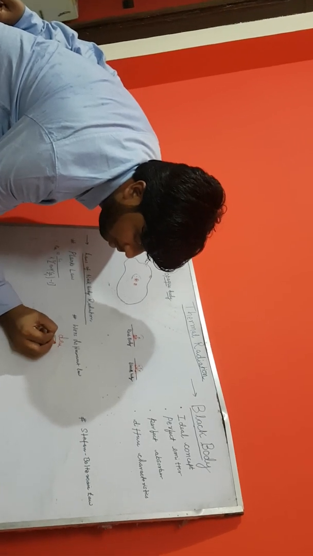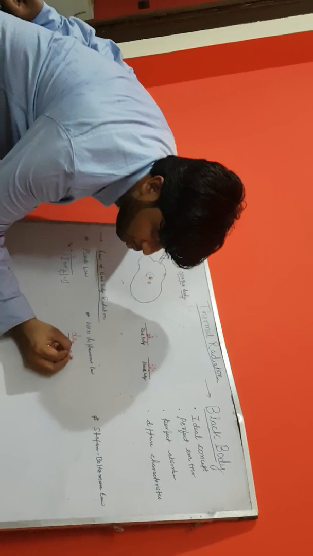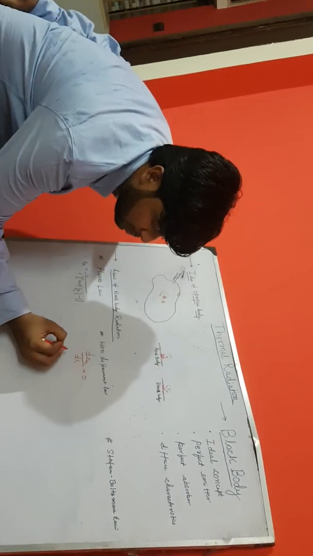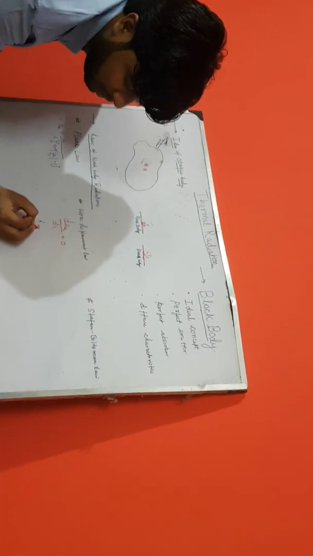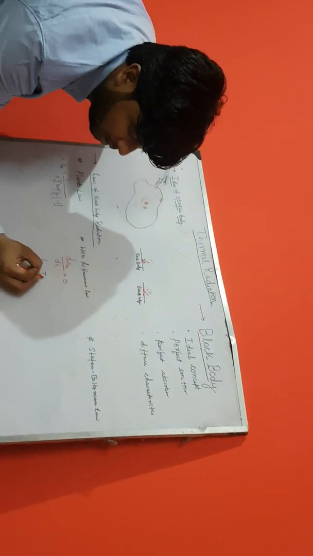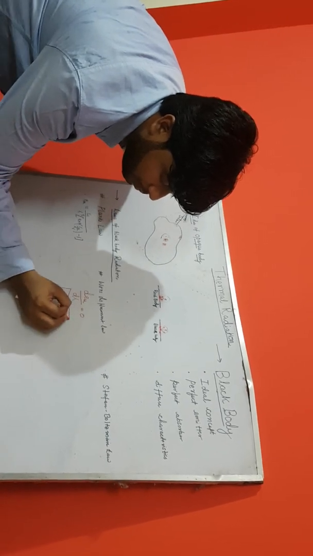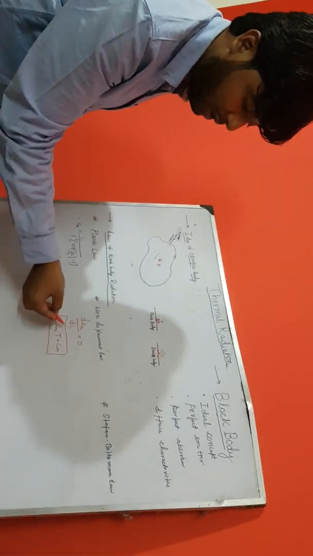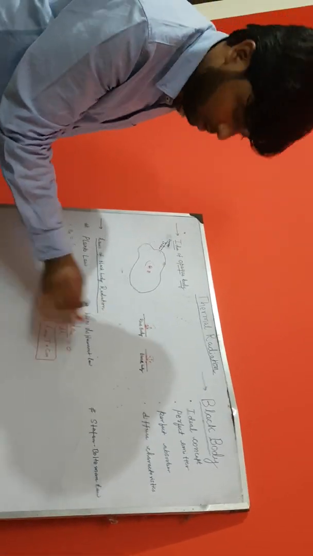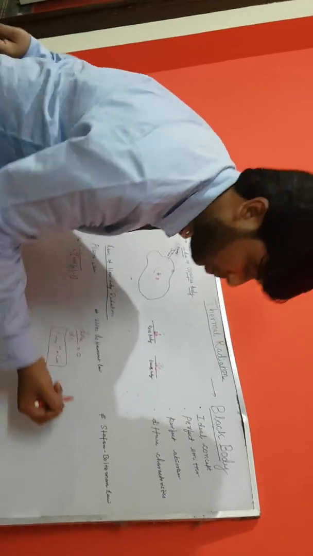If we differentiate, d E_b lambda by d lambda equal to 0, we get Wien's displacement law, and on solving this we get lambda maximum times T is equal to a constant. What does this tell? At higher temperature, the emissive power of a body shifts towards the shorter wavelength. But if we integrate this equation, we get the Stefan-Boltzmann law.